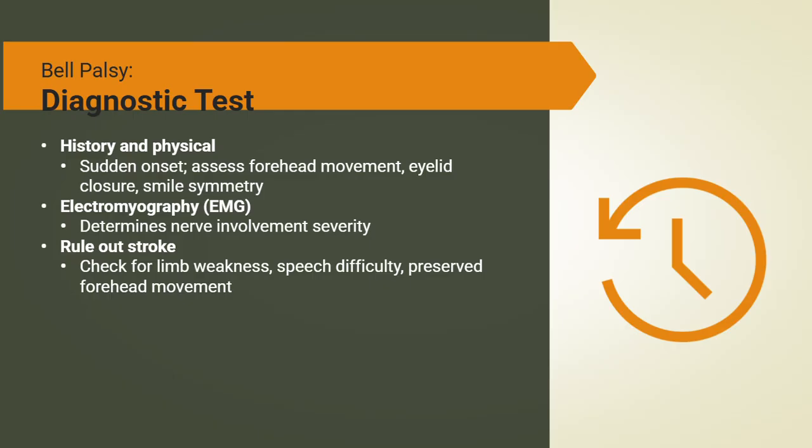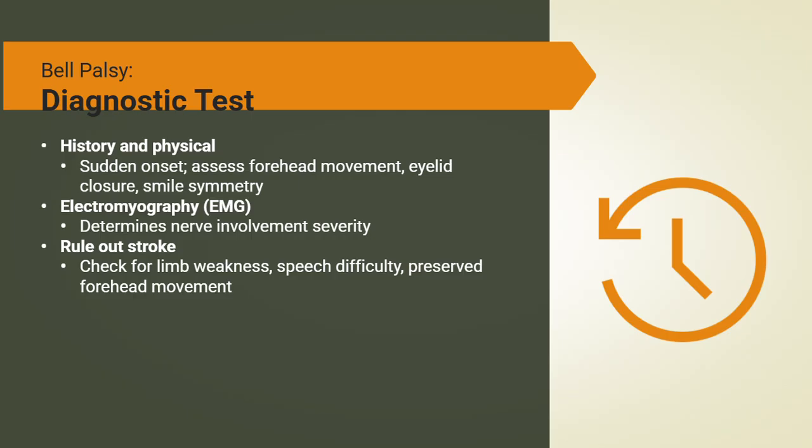Bell's palsy is primarily a clinical diagnosis, meaning that the patient's history and physical exam provide the strongest clues. Please note that the onset of symptoms is usually sudden, often occurring over hours. During the assessment, facial asymmetry is assessed, such as the patient's ability to close the eye, wrinkle the forehead, and smile. A hallmark sign that supports Bell's palsy over a stroke is the inability to wrinkle the forehead because the facial nerve is affected peripherally.